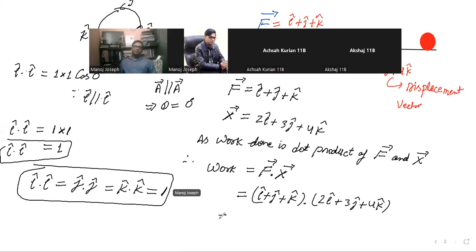Now I'm simply multiplying it. For work done, I to I cap, so the scalar of I is 1 and it is of 2. So it will be 1 into 2, I dot I cap